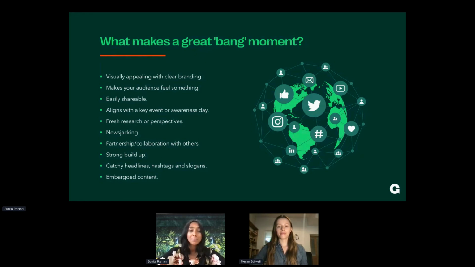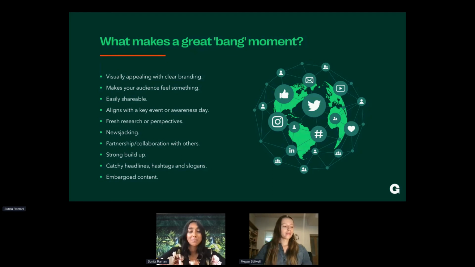So this can sometimes mean not being too specific to your campaign and thinking about something which is going to appeal to a wider audience, as well as still containing the messages that you really want to share. It's useful to also think about aligning with a key event or awareness day. If that's relevant to your campaign, then picking a relevant awareness day can be a really great way to have a hook to share a message or a campaign moment that you really want to get across.